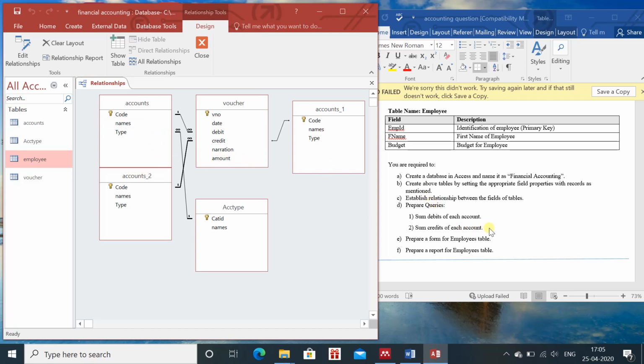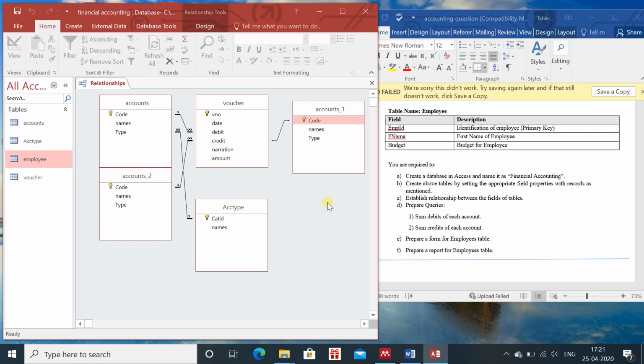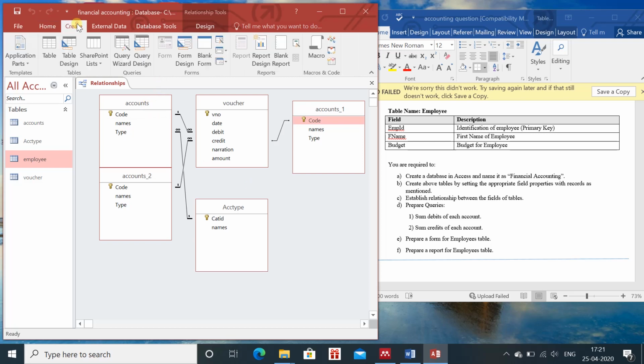So in this case we know that these are related, debit, and we require just to create the query which is related to the sum of the debits and sum of the credits. So we can do that also. So after creating the relationship, what we can do, we can create the query.